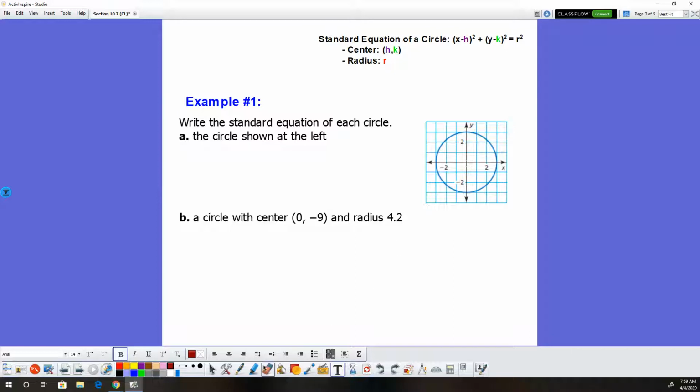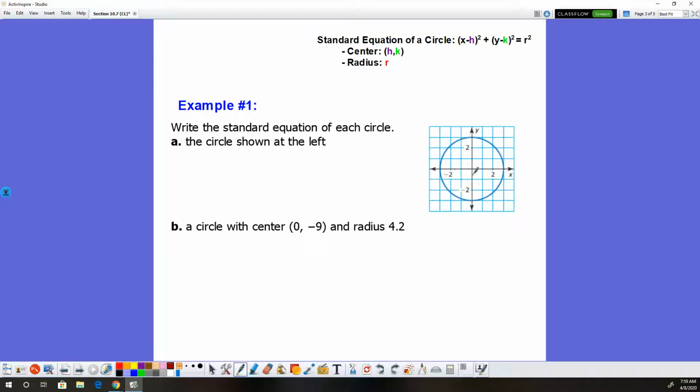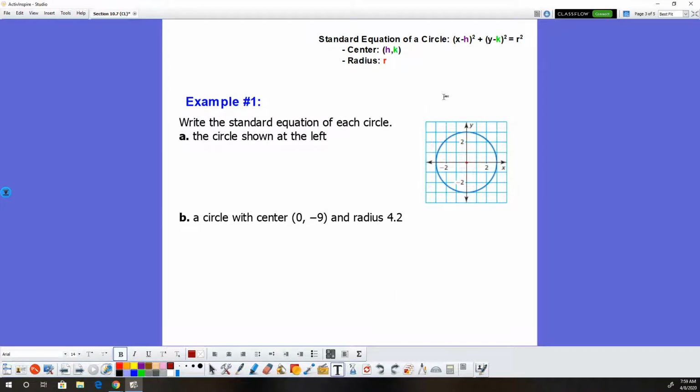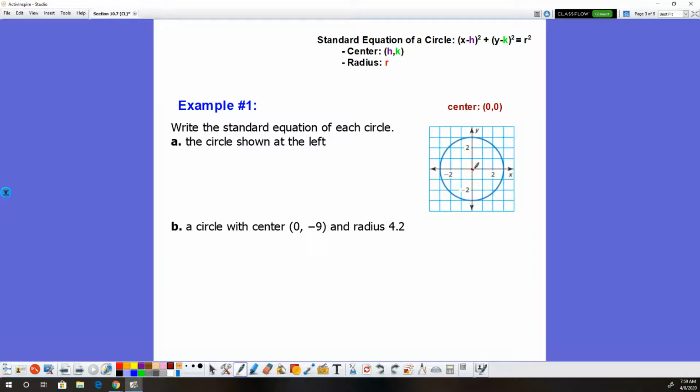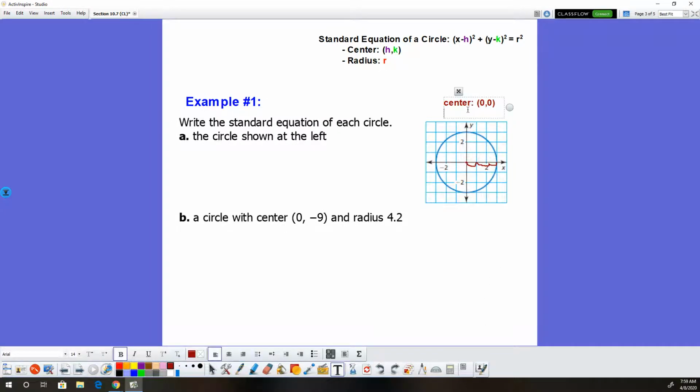So here's an example here. We want to write the standard equation of this circle over here. All right, now first of all, we need two things. We need the center and we need the radius. Well, the center's right here. Okay, so we could easily say that the center is at the origin. Okay, and now the radius, if we count, is 1, 2, 3. So I can say the radius